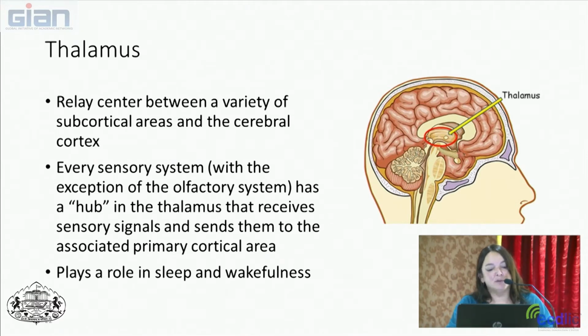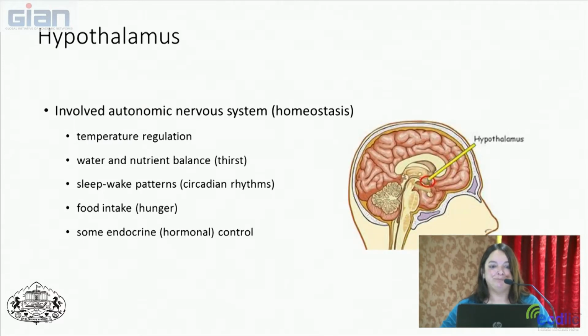The thalamus also plays a role in sleep and wakefulness, and we'll talk about sleep in a later lecture a little more. The hypothalamus is a smaller area next to the thalamus. It's a lot involved in the hormonal functions of the brain. So one thing that the brain does that we won't talk about a whole lot is that it helps to regulate the endocrine system of the body.